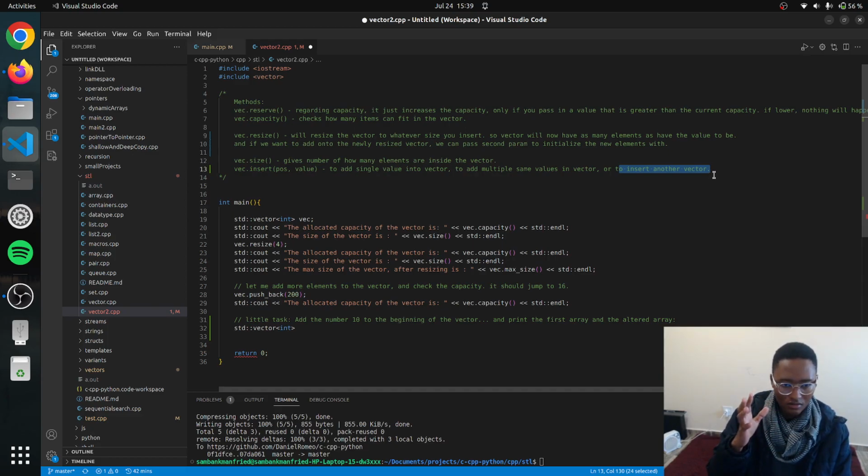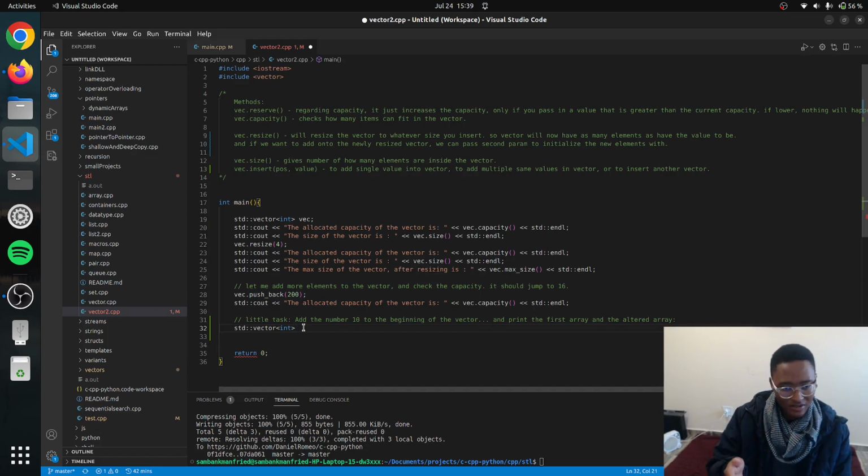Now I'm just wondering how they inserted another vector inside a normal vector like this that is of the type int, because that wouldn't make sense. But then I'm realizing now that they didn't do that. They're just inserting a value from another vector, or they're just using another value to extract. They're using another vector to extract an element and insert it into this new vector, or insert it into the